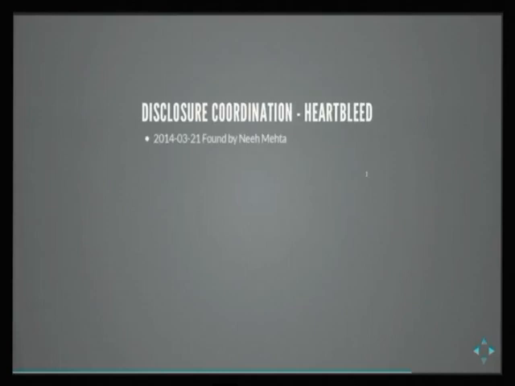So, as an example, to give you a feeling of how tricky disclosure coordination can be: the main goal of the disclosure is that your project is usually consumed by several vendors, whether it be Red Hat, Novell, Google, or other vendors.